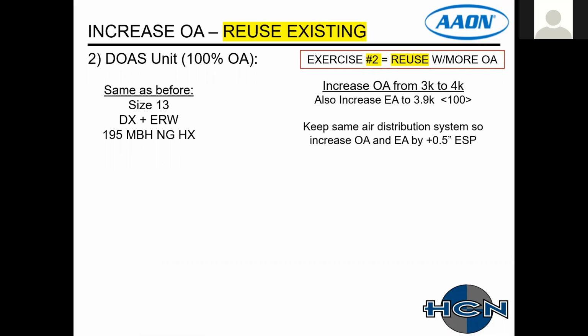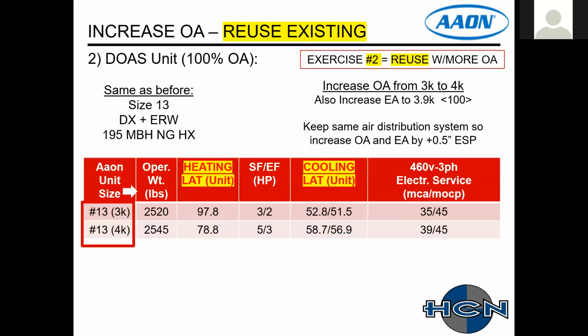And then just figuring that I'm going to keep my same air distribution system. So therefore, I have to increase my static pressure for my two air streams. I figured to increase that by a half inch static. So looking at the two selections, same size, instead of the cooling and heating output, I looked at the heating leaving air temperature and the cooling leaving air